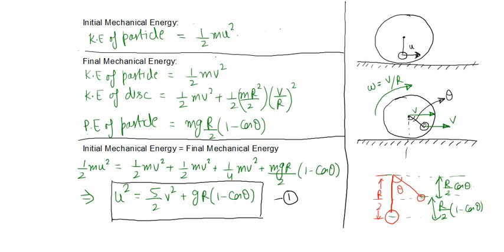Now this is the final situation. Okay. So in this final situation, the particle will have some kinetic energy and disk will also have some kinetic energy. So kinetic energy of the particle will be equal to half mv square, where v is the speed of this particle, and as I have discussed earlier, the speed of this particle will be equal to speed of center of this disk also. So kinetic energy of the particle is equal to half mv square. Now disk also has some kinetic energy. But disk is doing translation as well as rotation.